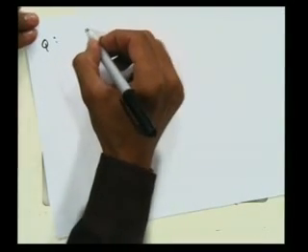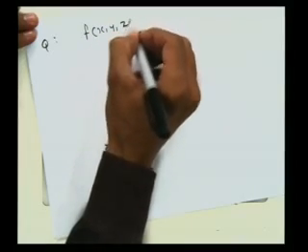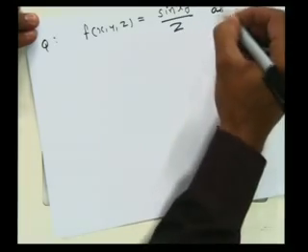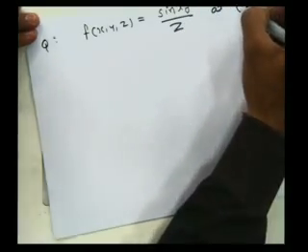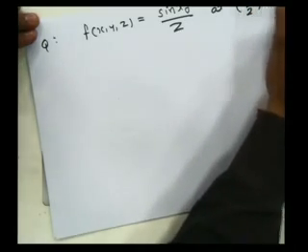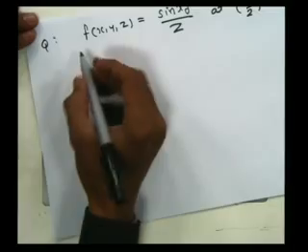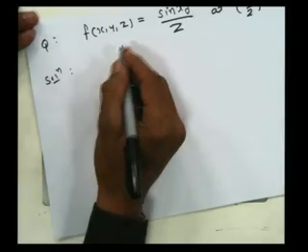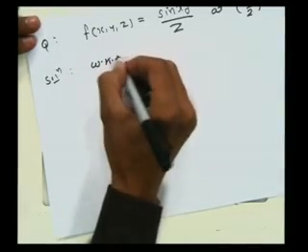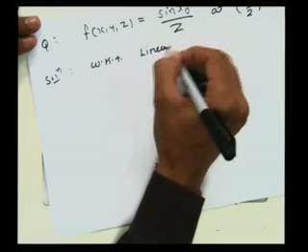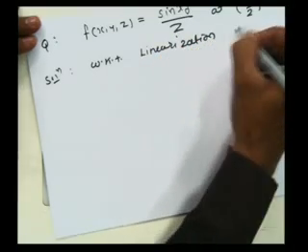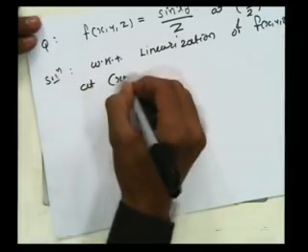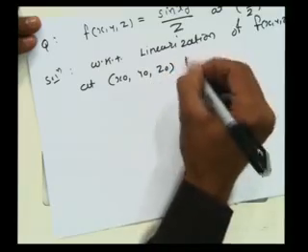The question is f(x, y, z) = sin(xy)/z. We have to find the linearization of this function at the point (π/2, 1, 1). First of all, we will write down the formula to find the linearization of a three variable function. We know that the linearization of any three variable function at some point (x0, y0, z0) is given by